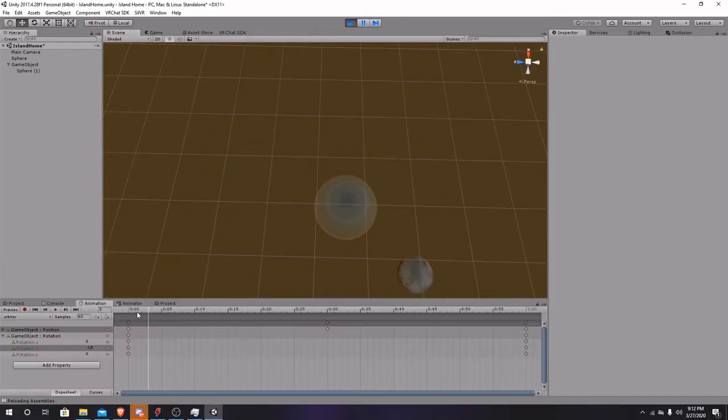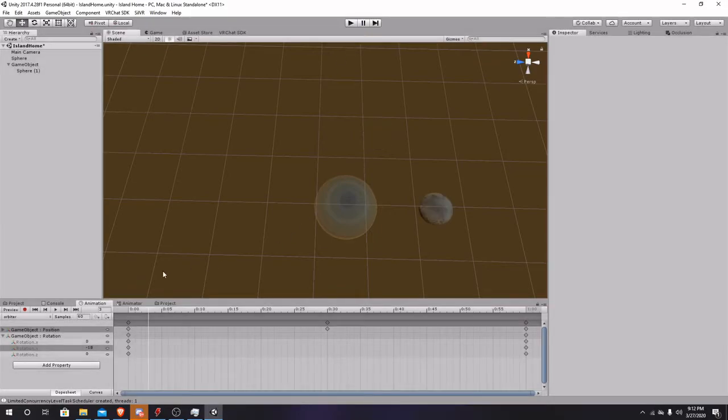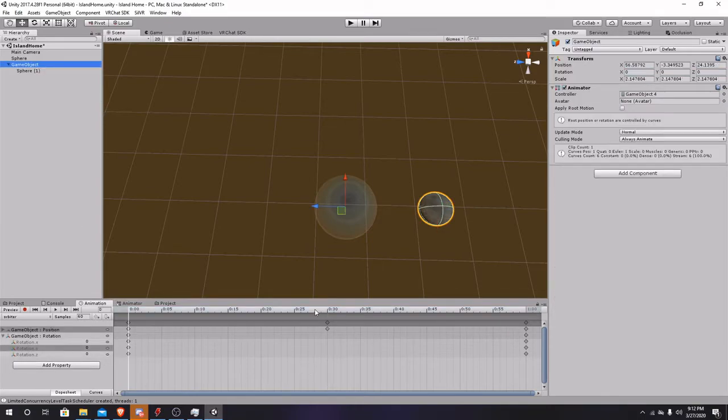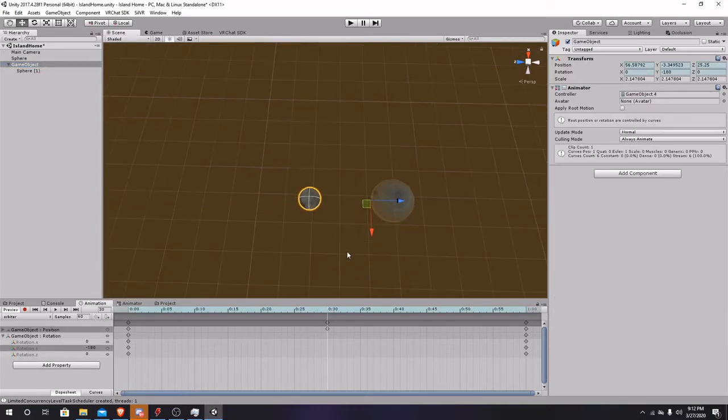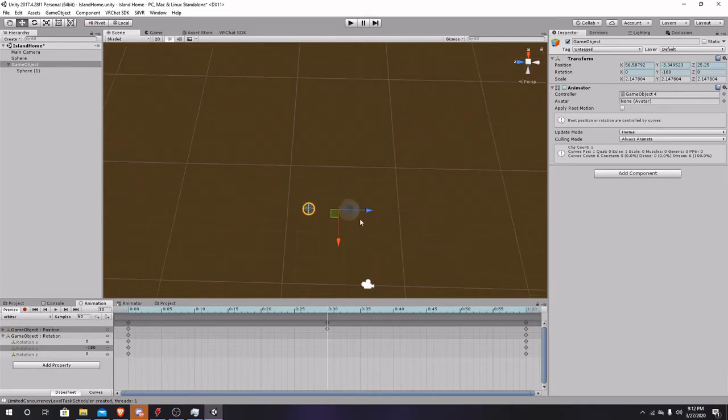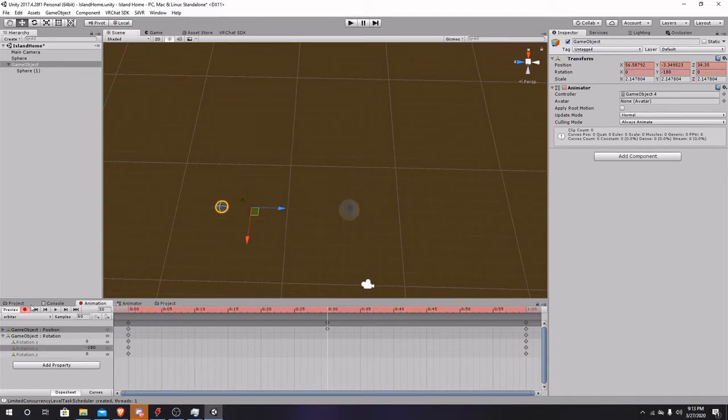Things to keep in mind. Let's go ahead and stop the play mode. Go back to this middle frame. Game object, middle frame. And things to mention, the further out you put this, the more keyframes you're going to have to add to the beginning and end. Because if I press record and move it all the way out here, and now press play,